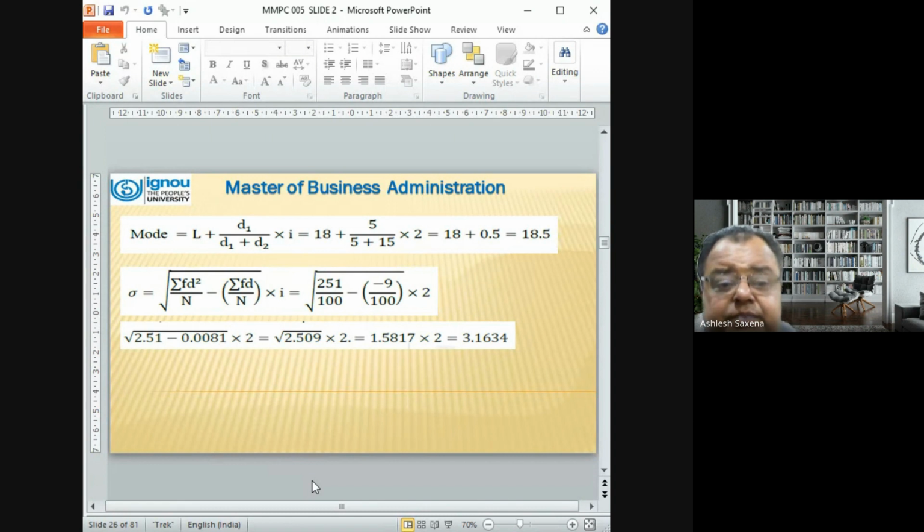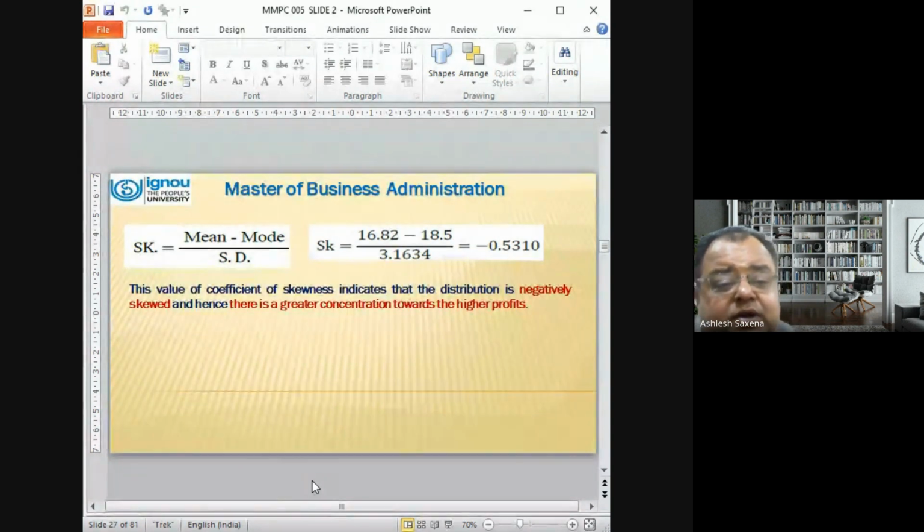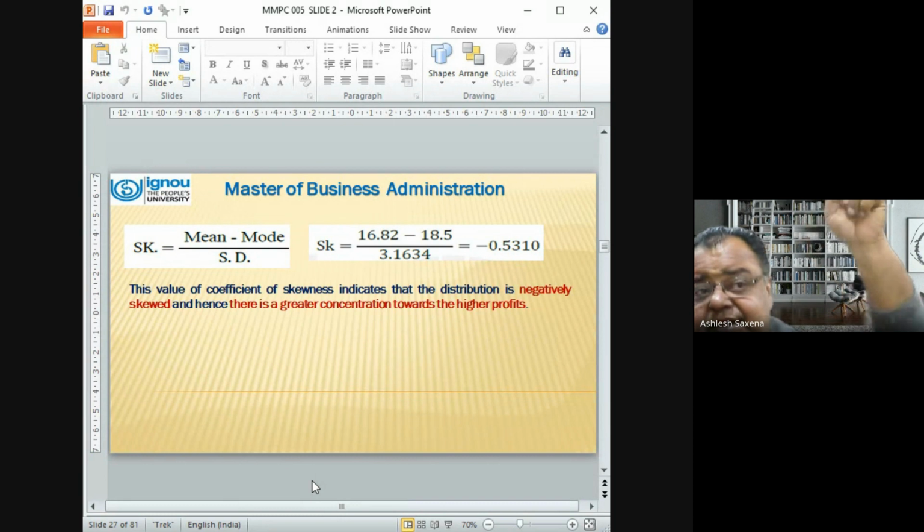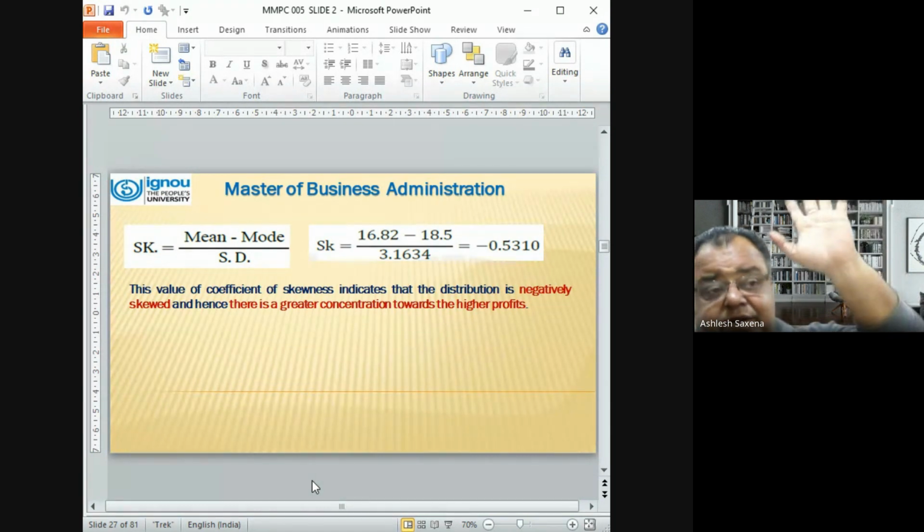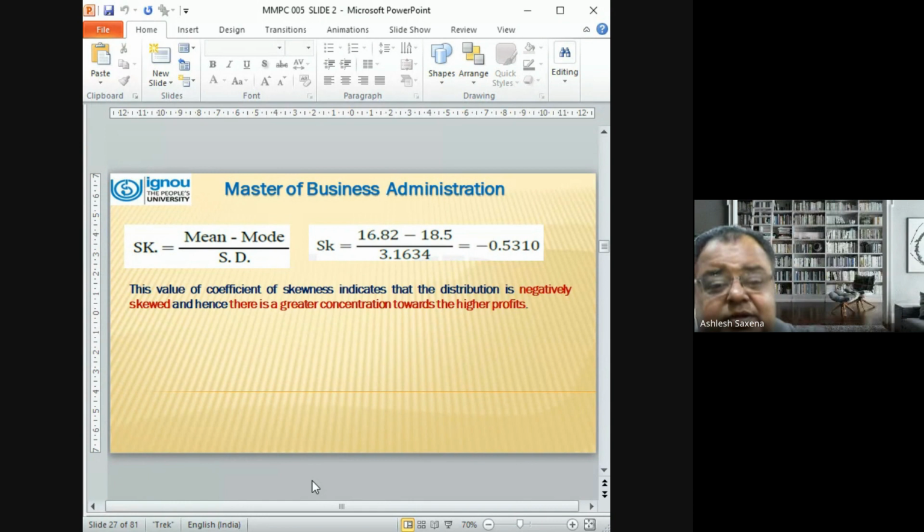Now you have mean, mode, and standard deviation. So we will use the two formulas. For Karl Pearson, we have mean minus mode divided by standard deviation. As I told you initially, the mode is greater than the mean, so it will be negatively skewed. You can see 16.82 minus 18.5 divided by 3.1634, which comes out to be negative